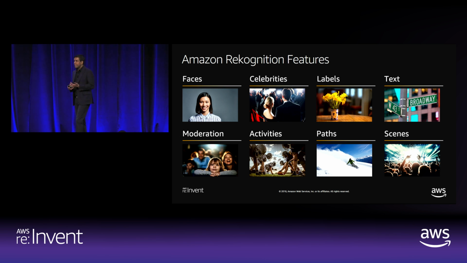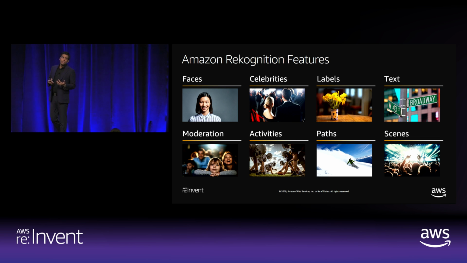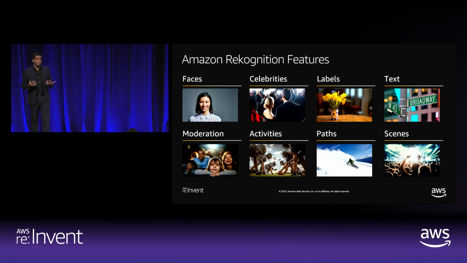These attributes are things like your gender, age range, emotion of the face, whether there's facial hair, whether you're wearing eyeglasses or sunglasses, and many other such attributes. And then this face could also be used to compare against another face, which we call face comparison, or to search against a database of faces that you might have created. Now, all of this happens, again, through a set of simple APIs, works really fast, is very easy to use, and scales well with your business and applications.